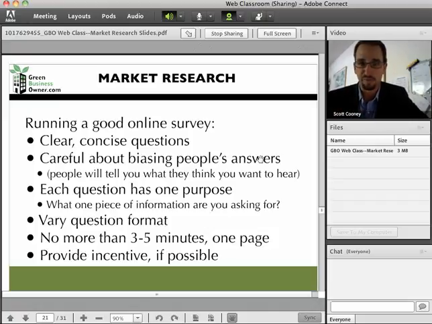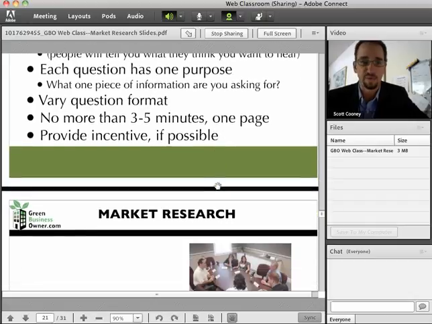If you invite 500 people to do a survey, maybe 10% will actually show up to do it. If you make the survey really difficult, 1% will actually finish the survey. If you make the survey extremely easy, maybe 50% of those people will do the survey. If you can provide an incentive, that's great. If that also basically means that you're doing some marketing to these folks, fantastic. Give them a gift certificate to your business or a future cup of free coffee or whatever it is. Get them a little bit engaged and give them a little thank you, and they'll appreciate it. It's their time. You want to respect their time.